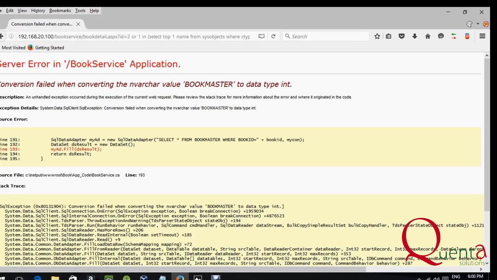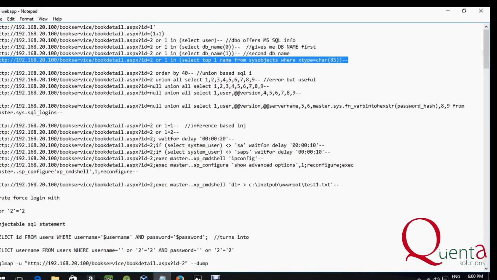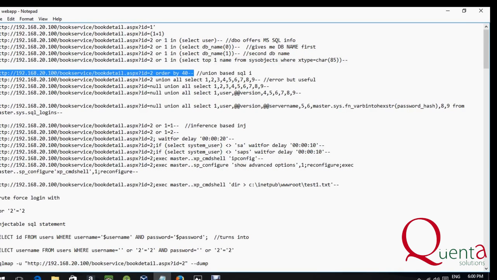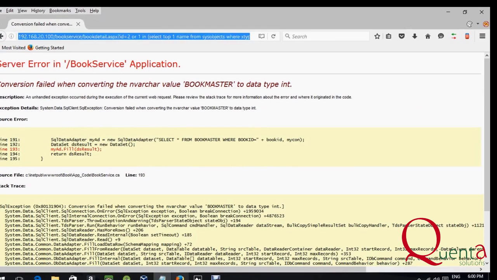The type of injections we've been dealing with so far in this very short demo have been error-based injection, where we have been able to infer data from the error which was presented to us, or in this case, union-based injection, in which we are appending queries to a parameter. We are joining queries. Another useful injection, for instance, if I want to see how many columns are in a table, I might type in something of this nature,